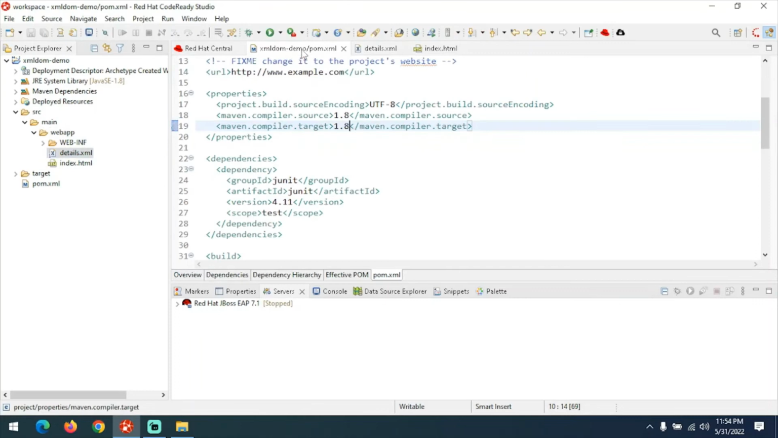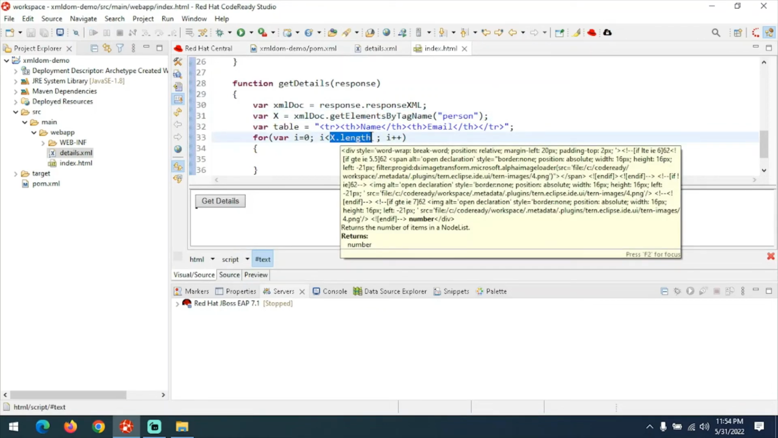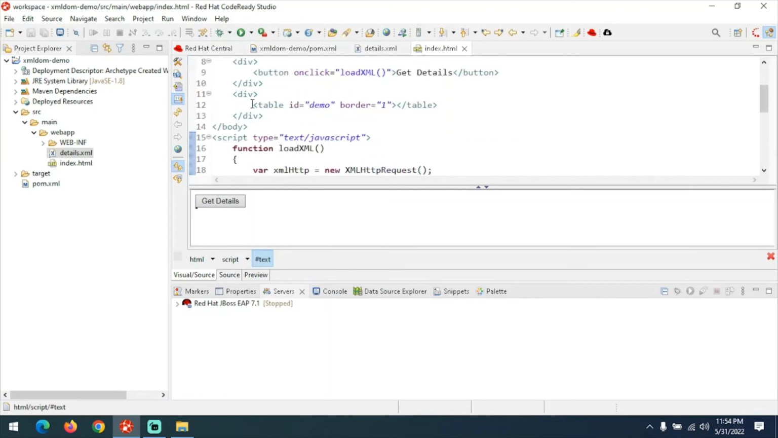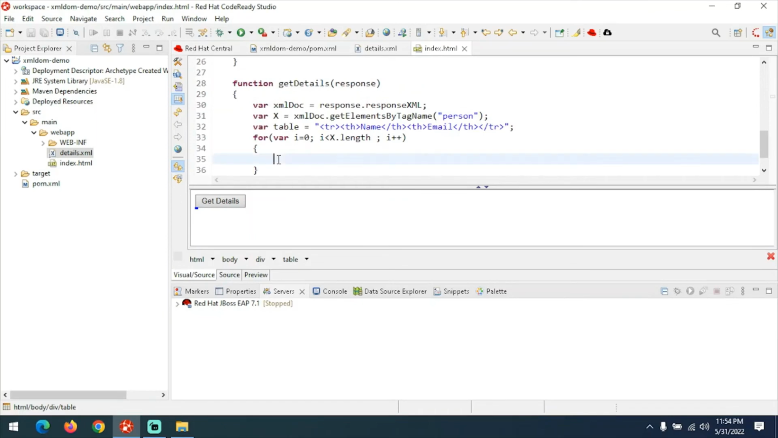We try to retrieve based on the tag name person. So 2 times the x dot length value is 2. 2 times the loop will run. Each and every time I need to fetch the details of the elements name and email and display those details in the table. Okay, so that I'm going to create